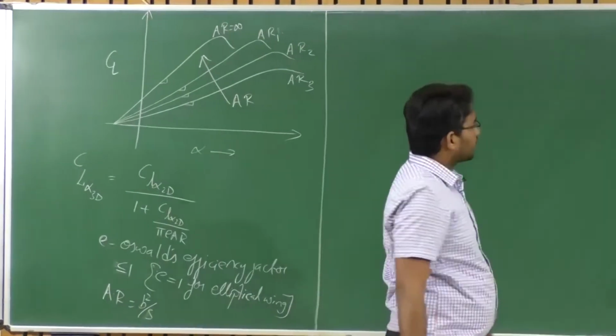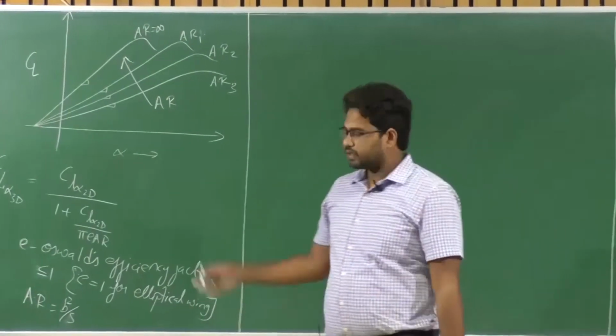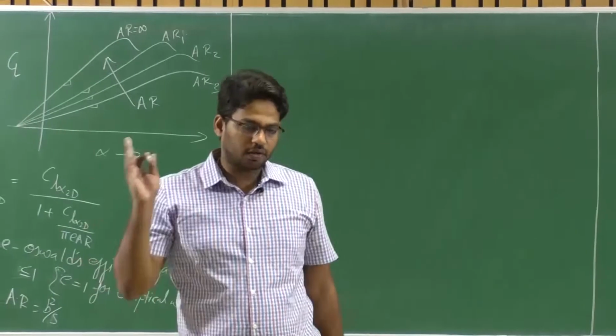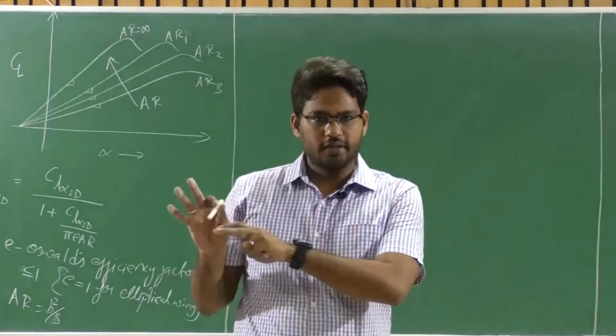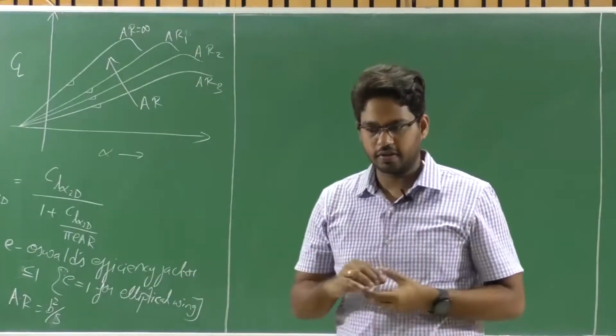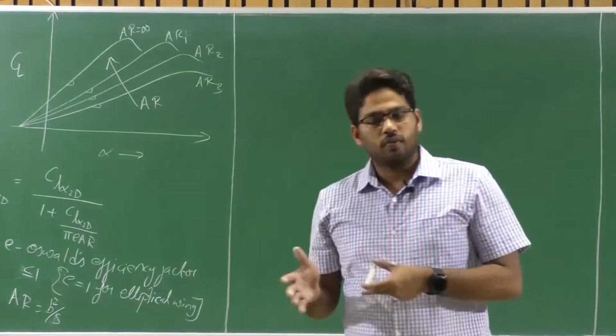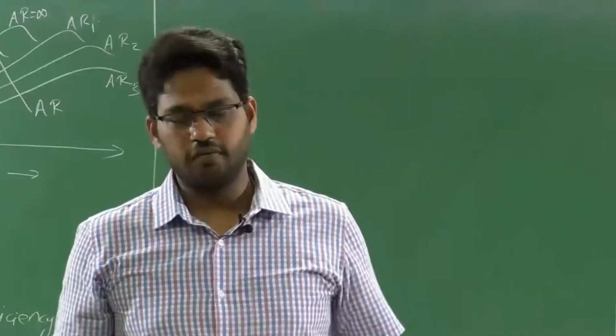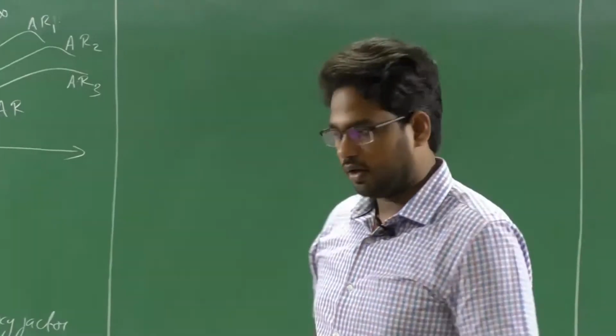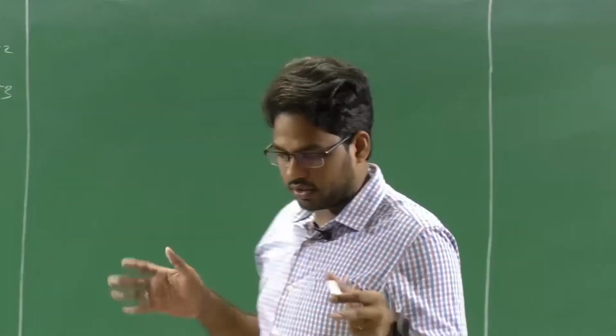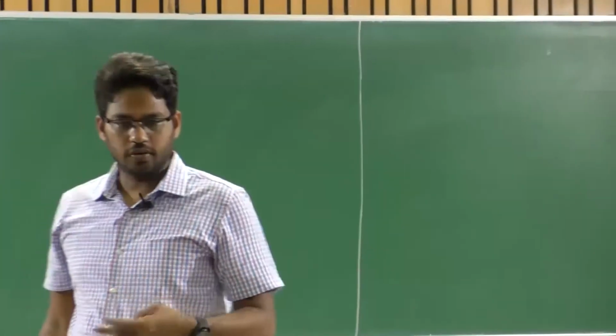Right. So now let's look at the drag characteristics. We haven't discussed much about drag in the previous lectures. So let's now relate the drag characteristics of an infinite wing as well as a finite wing. Is there any relation between these finite and infinite wings? That's what we are going to do right now.